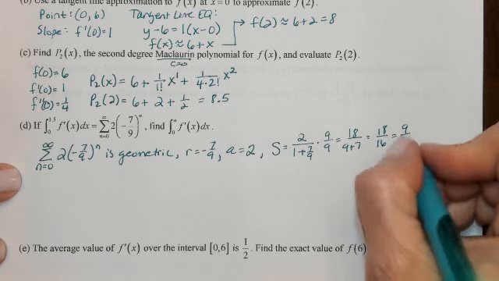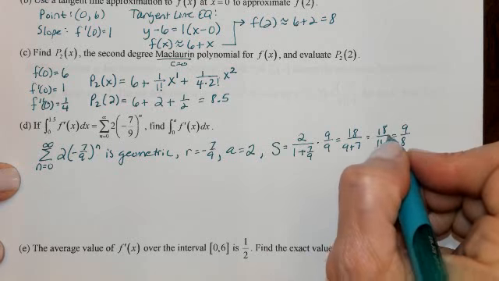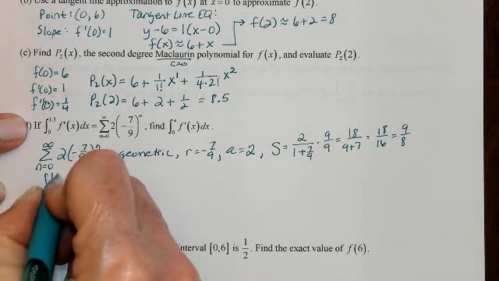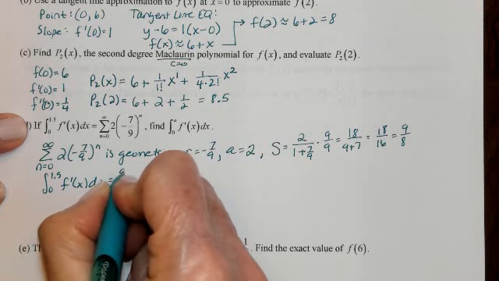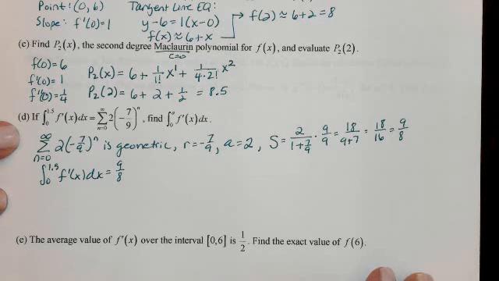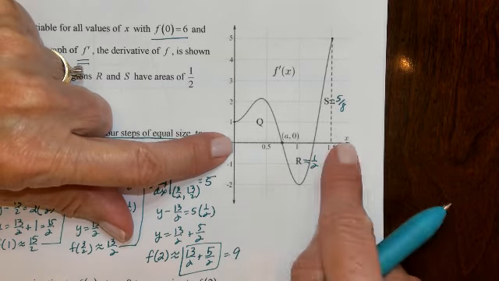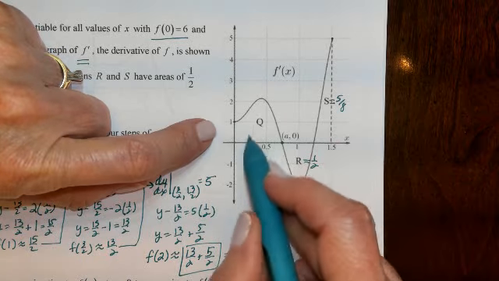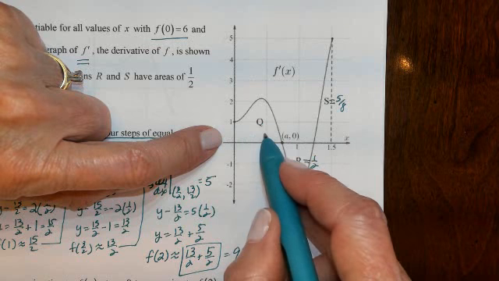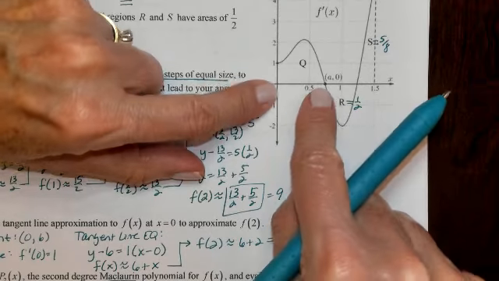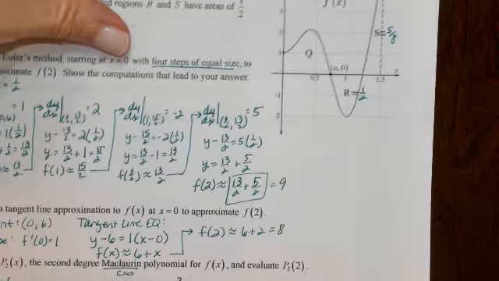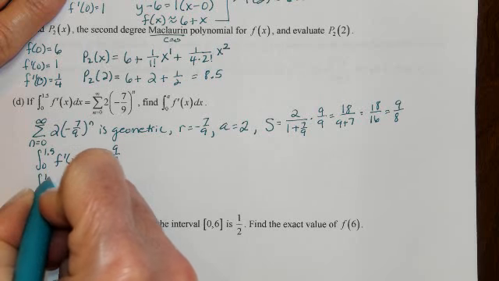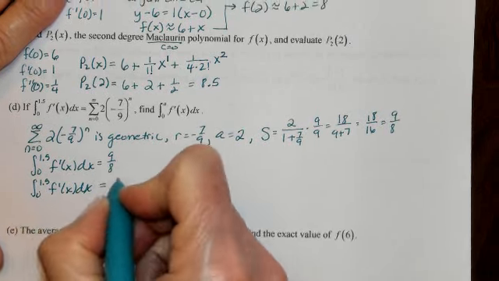So I feel confident in that, but if I didn't feel confident in that, I would just leave it like this. That's fine. So we know that this integral is equal to 9/8. Okay, so that is the integral from 0 to 1.5. So we know that that entire integral is 9/8. I know this area, and I know this area, so now I can find the area of Q here, the area of region Q. And that is what I'm trying to find in this problem, because we're asked to find the integral from 0 to a of f prime, and the integral from 0 to a is that area of Q. So the integral from 0 to 1.5, this is the entire thing, that is equal to Q